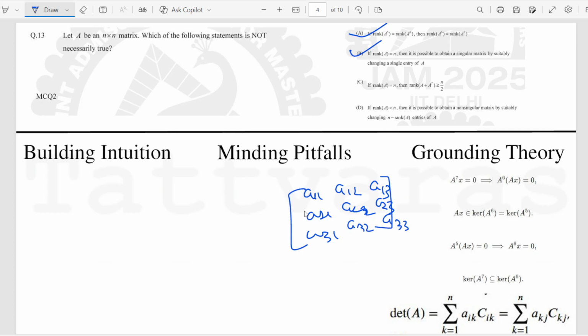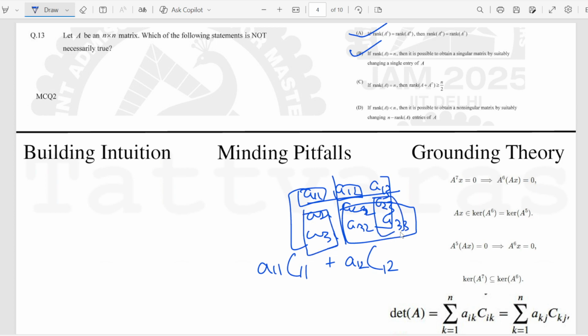How do we compute the determinant? We can start with any row, fix this thing, then partition it and look at the determinant of this thing. We take a11 multiplied by this cofactor C11, plus a12 multiplied by this C12. When it comes to a12, we take the sub partition of this thing and this thing, and for a13 we take this determinant. So the point is, for any row, the determinant can be expressed as this linear combination of